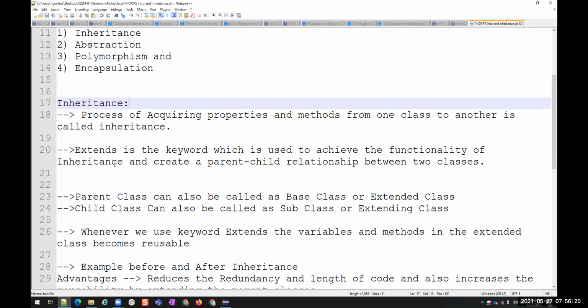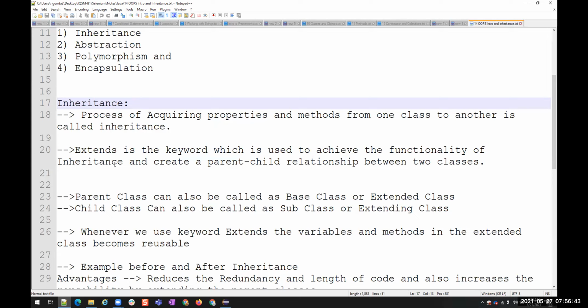Now, there is other terminology for this parent and child class. Parent class is also called base class. Child class is also called subclass. Or parent class is also called extended class. Child class is also called extending class. Okay. So these are the other terminology.